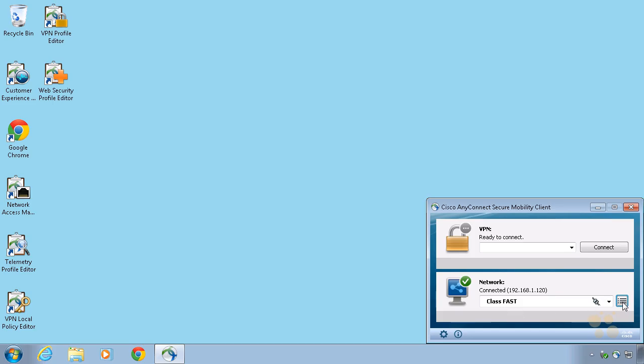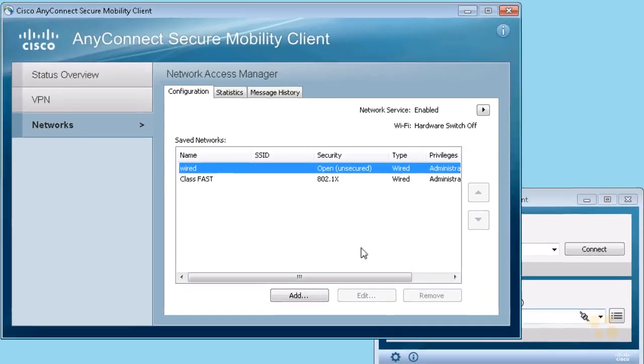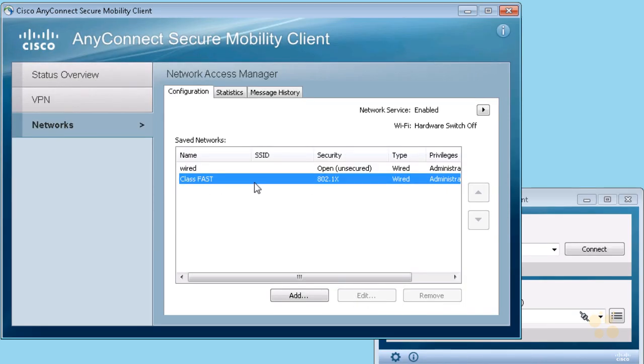If we go to details for our network connections here and go to manage networks, you'll notice the wired one by default, we can't edit it or remove it from here. And this class fast also is not editable or removable from this menu. And that's because I created these using the profile editor. And what I wanted to point out, again, to save you a boatload of time, is that if you want